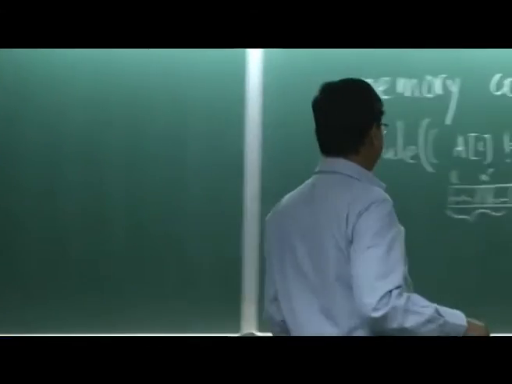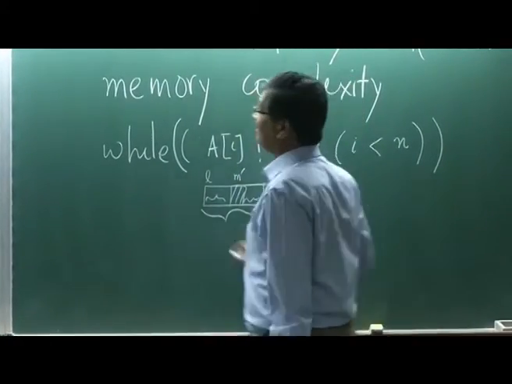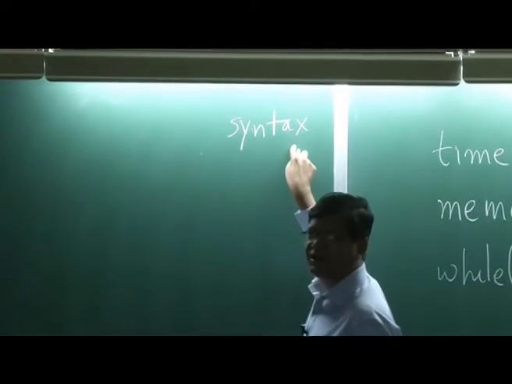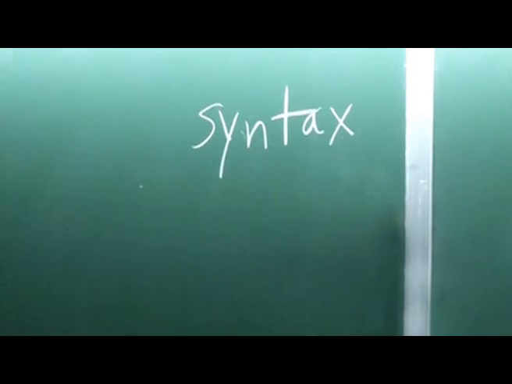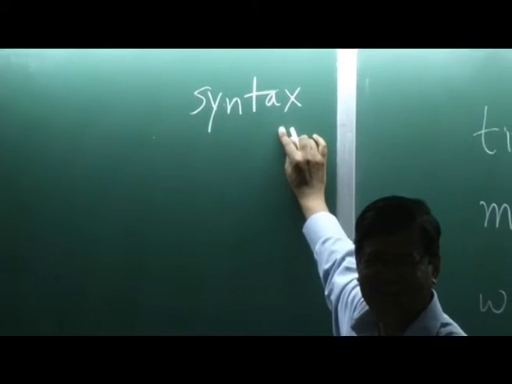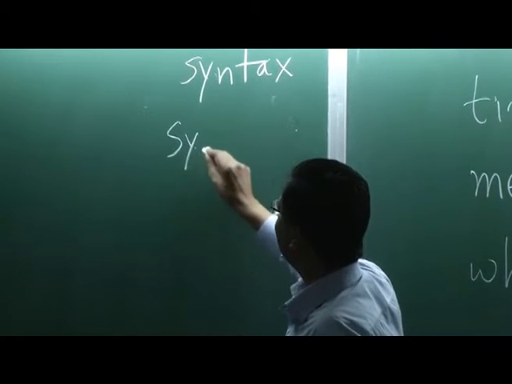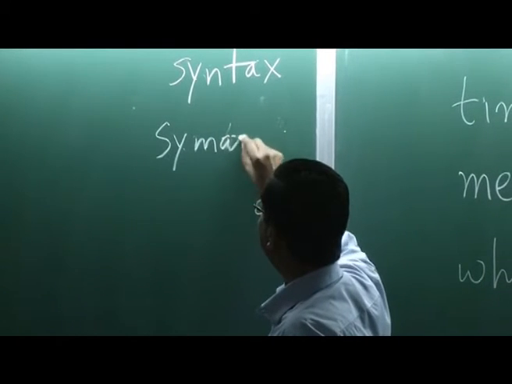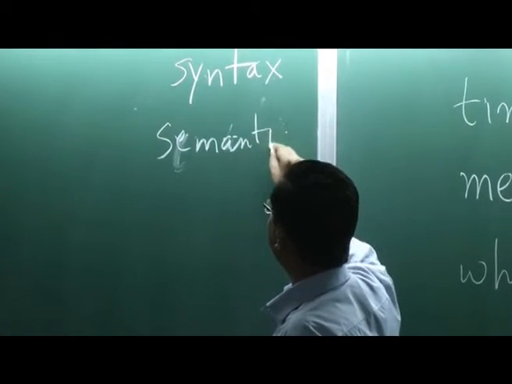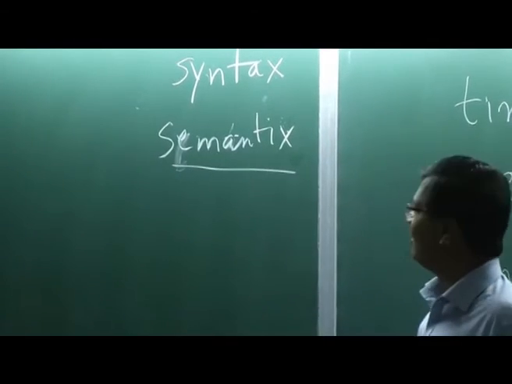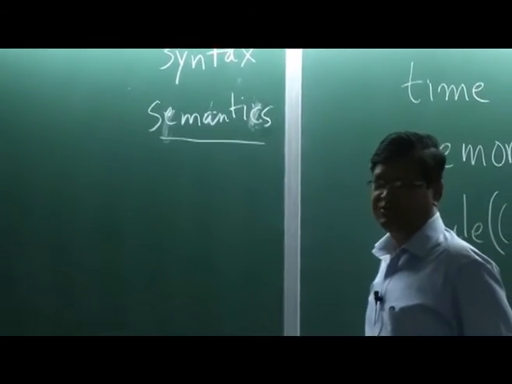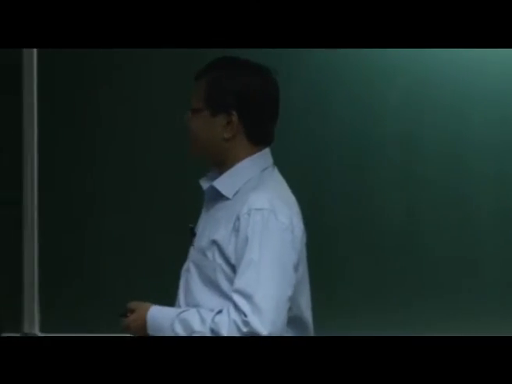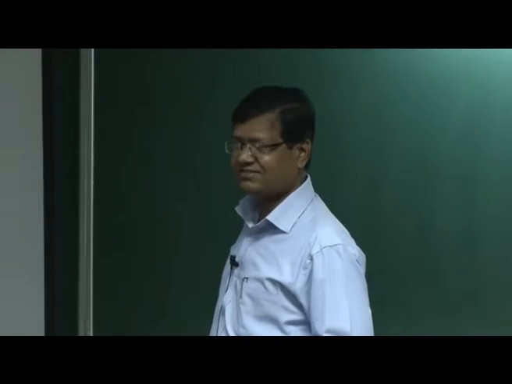So, in computer science there are two special words: syntax, which comes out while interpreting, so an error comes, for example, when a function is not defined. The other one is semantics. This is meaning. So, what is the meaning of your code? If your semantics is not right, this code will not give you the correct answer.